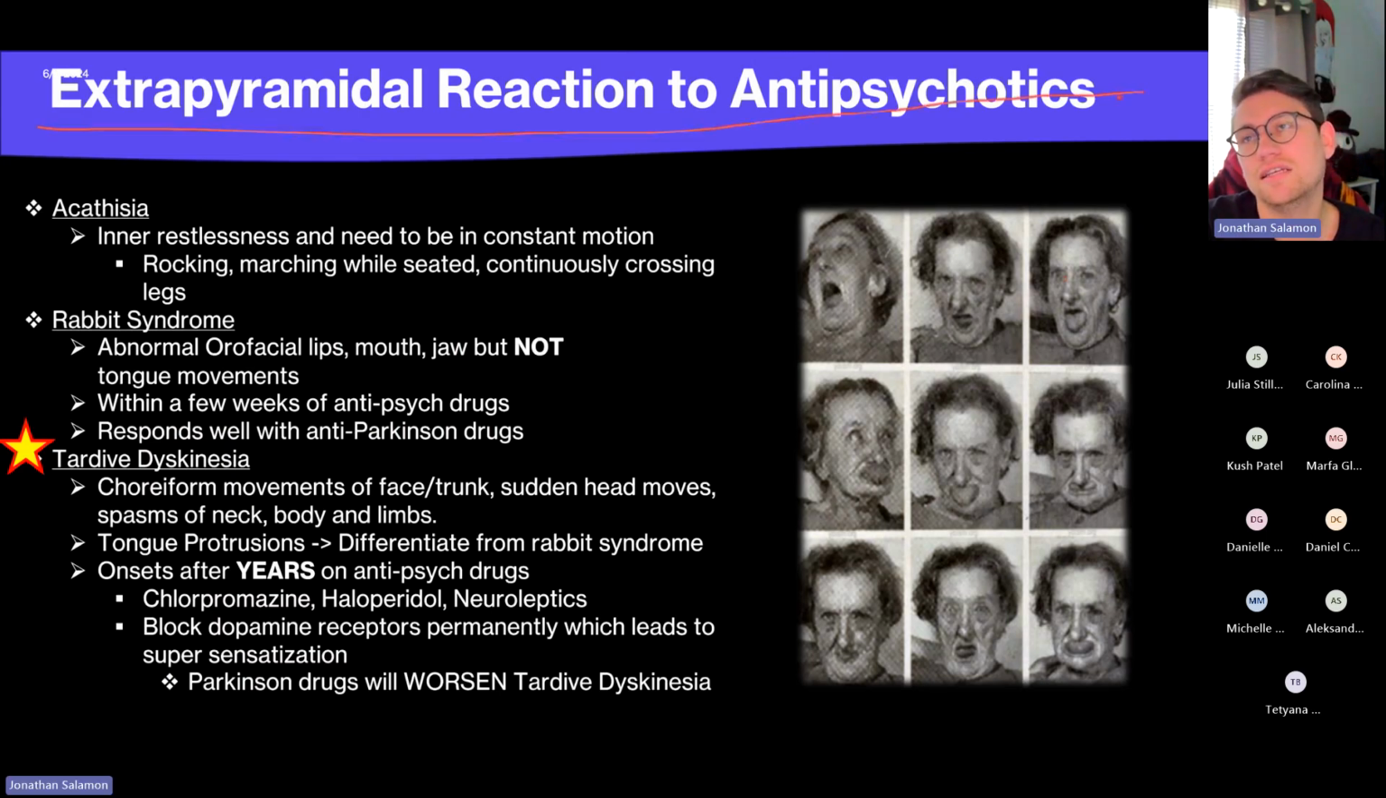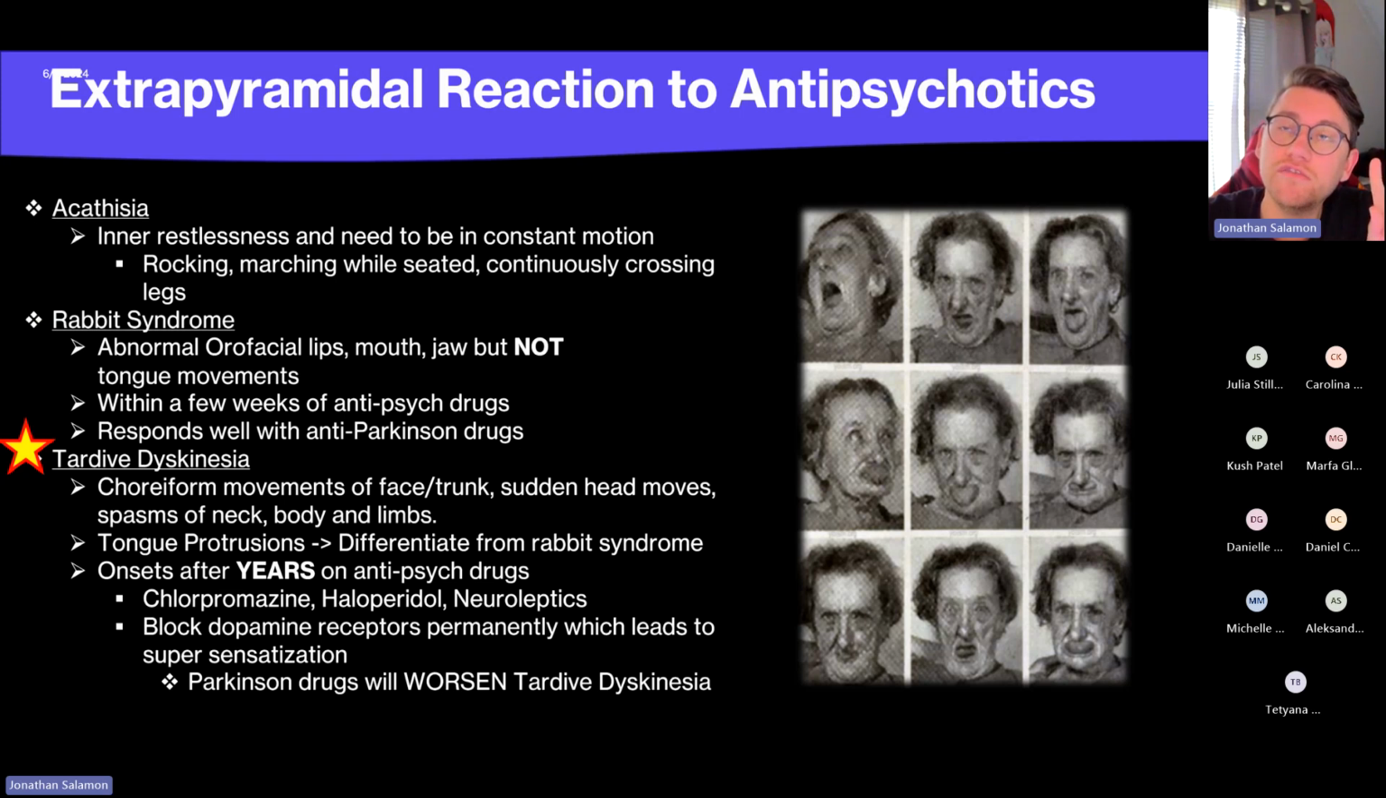Extrapyramidal reactions to antipsychotics is what I was talking about, how antipsychotic drugs can cause some of these symptoms. The really big one is tardive dyskinesia. Akathisia is just like you can't sit still. So you're fidgeting, right? Like they keep crossing their legs, whatever. Rabbit syndrome is like, acutely within starting antipsychotic drugs, you start to have these hyperactive syndromes. But the key here is rabbit syndrome happens soon, weeks after starting antipsychotic drugs, and the symptoms resolve when you